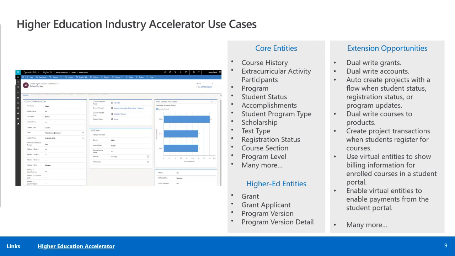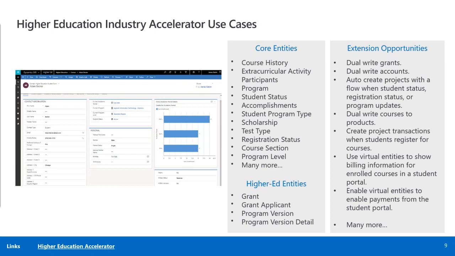The core entities are available in both the higher education and the K through 12 accelerator. But then there are some additional entities that are available specific to higher education. And this includes things to help support grant management and program management.